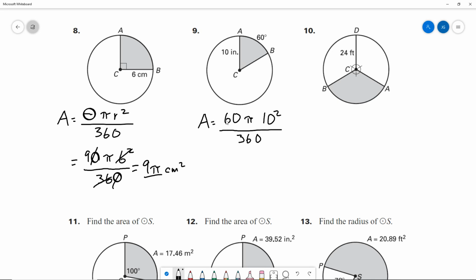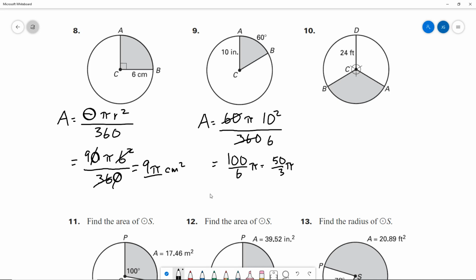And then if we take that 60, that 360, we can cancel out, get down to 6. And then this is going to give us 106 pi, or 50 thirds pi. And it's fine to leave it like that, but we can also plug into a calculator if we want to